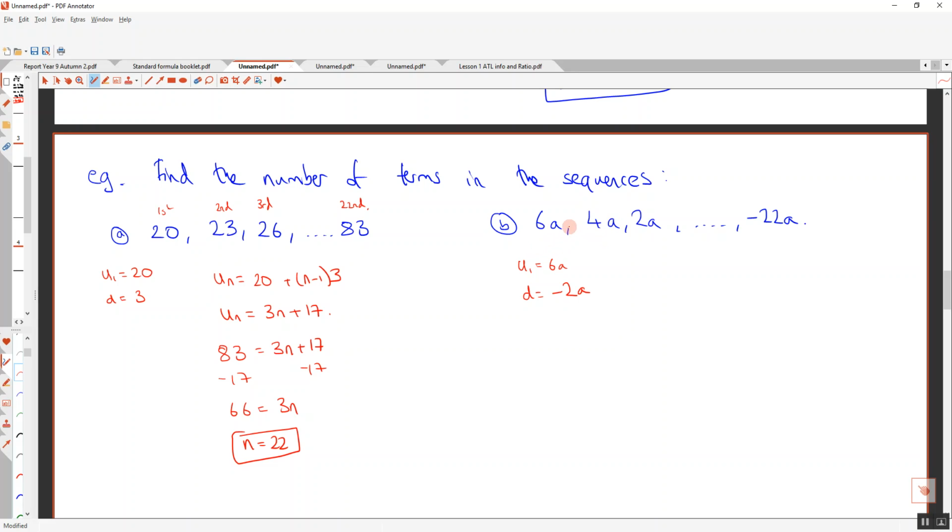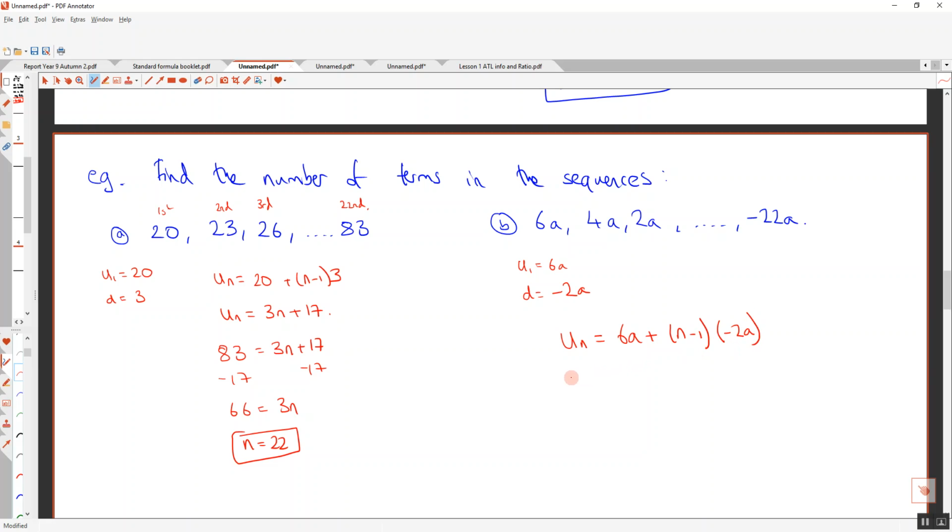Yeah. You could also think of it as, to work out the common difference here, I just did 23 take away 20. 4a take away 6a is negative 2a. So I can come up with my formula again. un is equal to u1 plus n minus 1 times